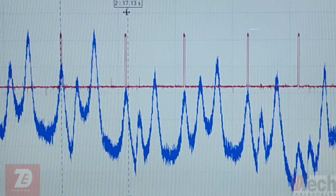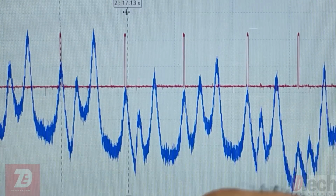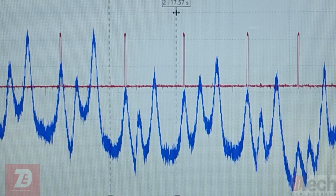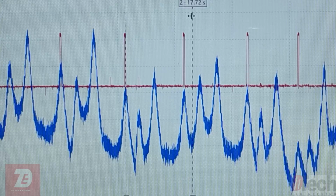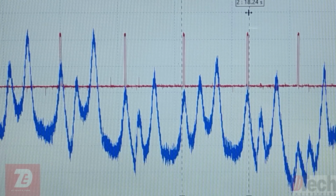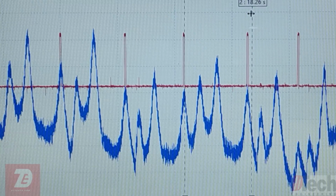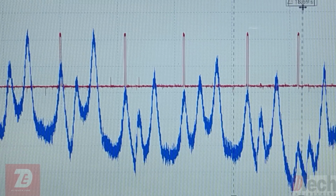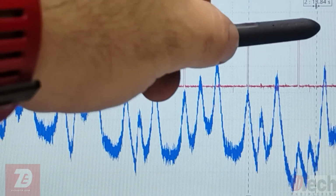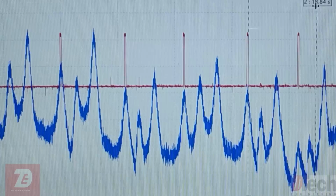So this one already has sped up a little bit compared to that first segment. Looks like this one's going to be sped up also. So that's sped up more. Let's go to the next one. Looks like that one slowed down some. And then this one really sped up. See how far ahead this red trace is compared to that. So